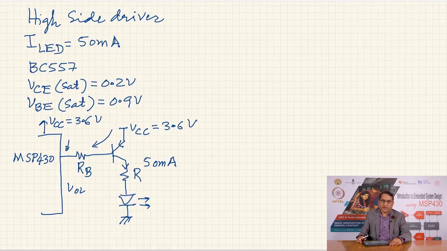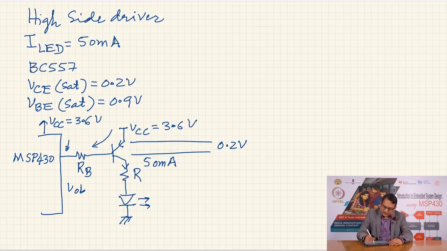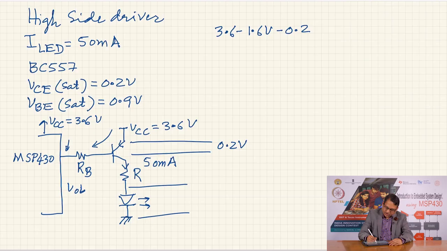VOL is the output voltage here, then this transistor will be saturated. Of course, whether it is saturated or not will depend on the value of RB. So, we will ensure that the value of RB is low enough for the transistor to saturate. At that time the voltage drop across VCE will be 0.2 volts. So, in this case we get 3.6 minus the drop across the LED, which we will assume to be 1.6 volts, minus the VCE sat of 0.2 volts,